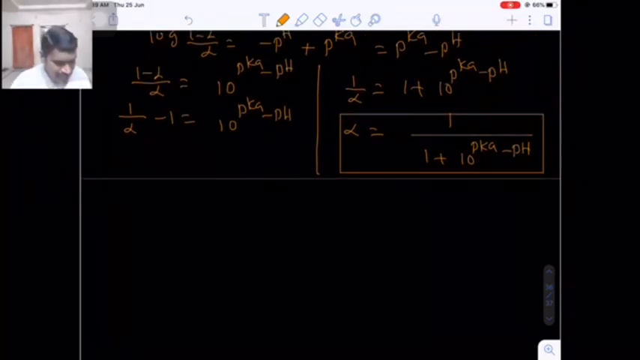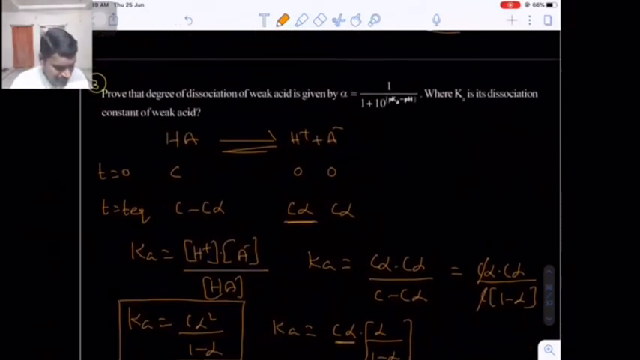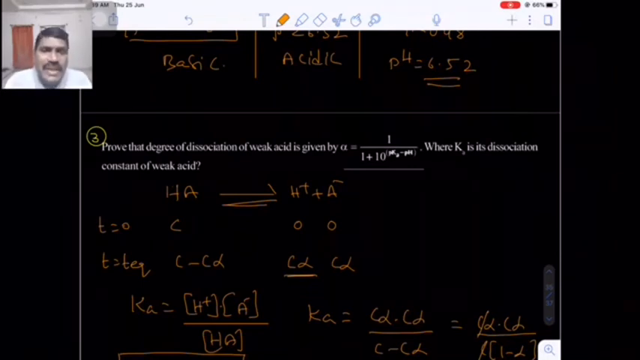Okay. Now this is a very important relation between the degree of dissociation, that is the ionization, alpha, and pH. Okay. Now after completion of the pH scale, in the next class what we are going to study is